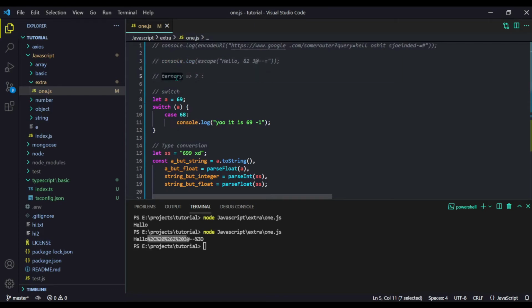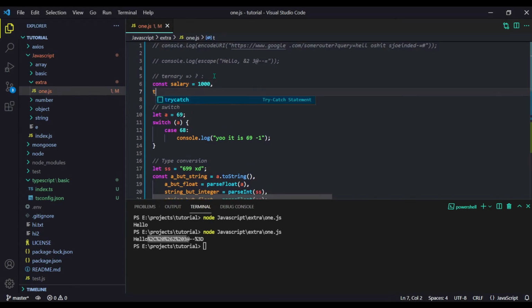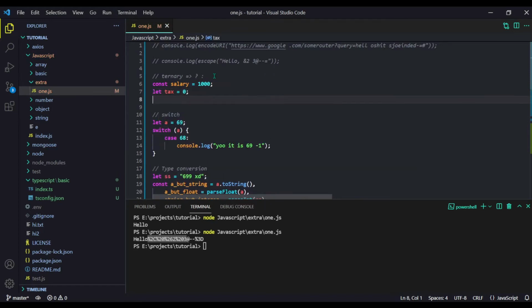Now comes the ternary function. Well, ternary operator to be precise. This thing is quite useful. It is really great. Let me just show you what it does. Well, for example, let us assume some use case, like probably my salary. It is zero to be honest, but let us assume it is 1000, and then we have to calculate the tax. We can simply do something like, well, wait a second, we can assume tax is 0, and then